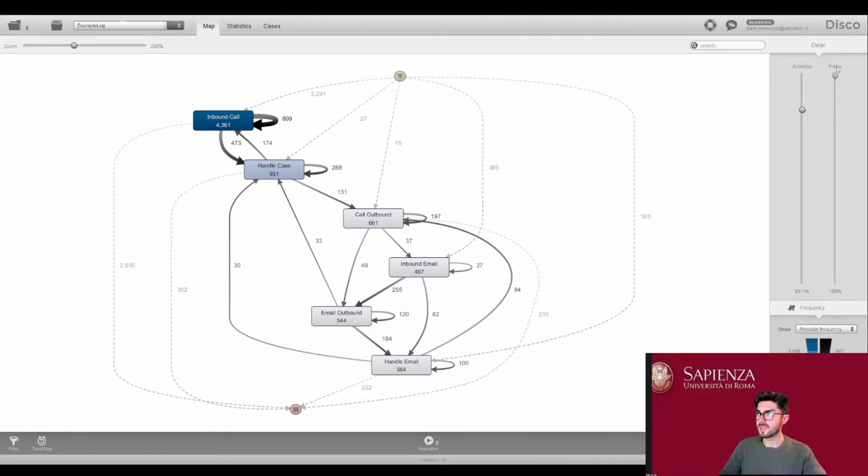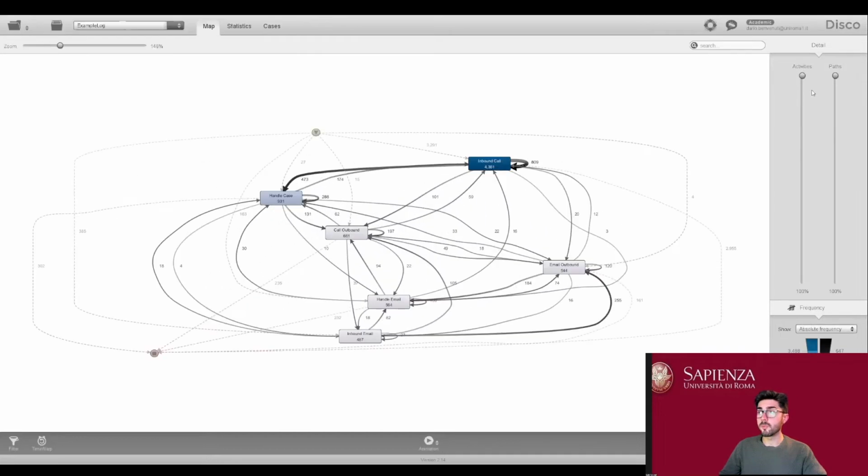And if we set both sliders to the maximum, we can see something very famous in this field, the so-called spaghetti model, which refers to a bowl of spaghetti in which all the paths are interconnecting, and it's becoming quite a mess to understand. So at this level of detail, even if we have a lot of insights in front of us, it's becoming quite useless to look at them, since the model is too complex to be understood.